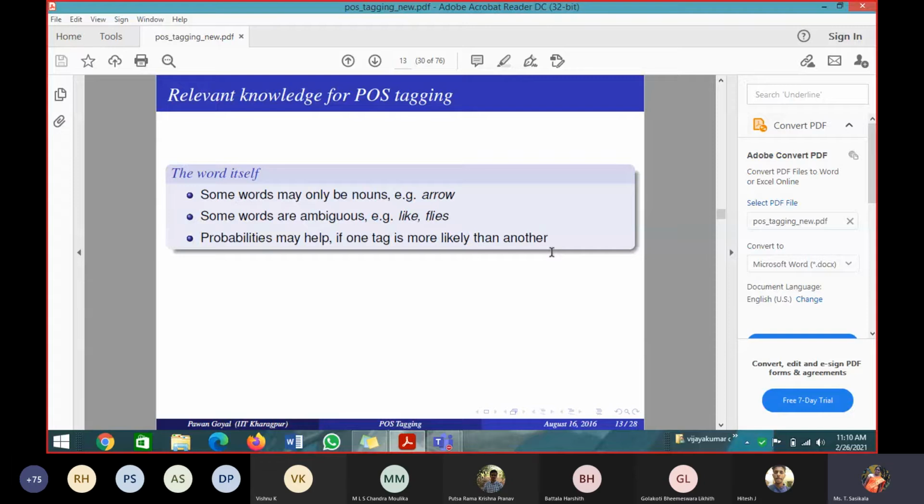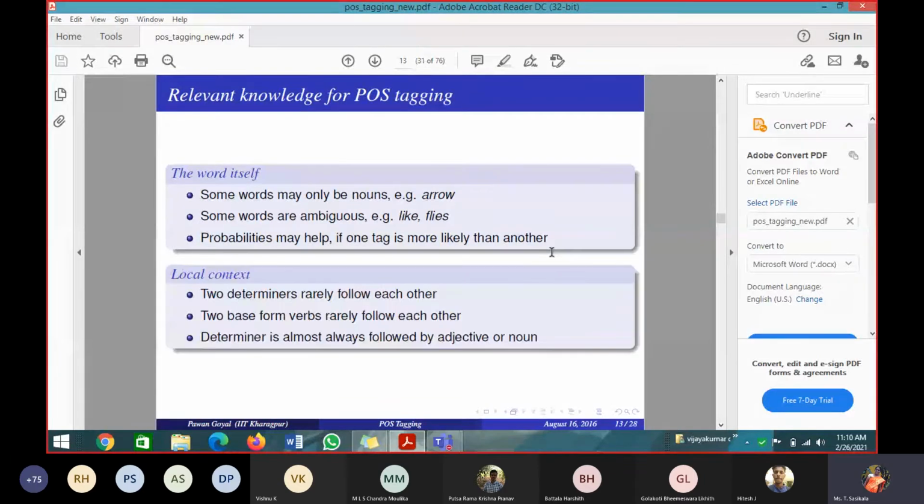Girl can be a noun or it can be a verb. I am giving different options, so you have to find out which is the correct POS tag using a probabilistic method. For "girl", I will find the probability for noun, for verb, for everything, based on the previous word "the" and what comes before that. Everything we take into context, and whichever has the highest probability, that tag will be assigned to that word.